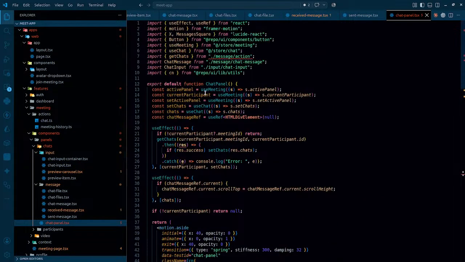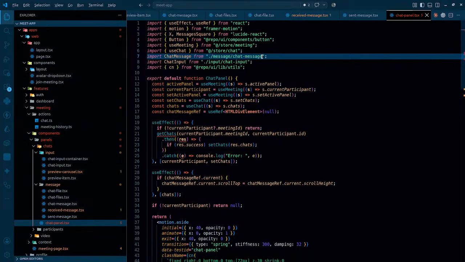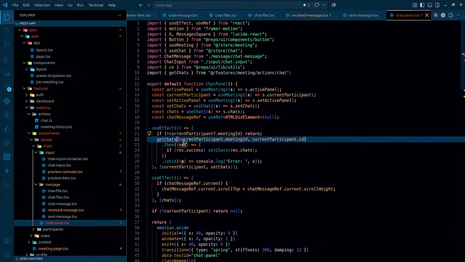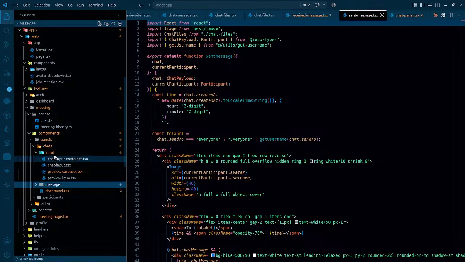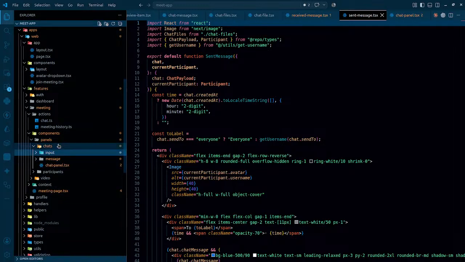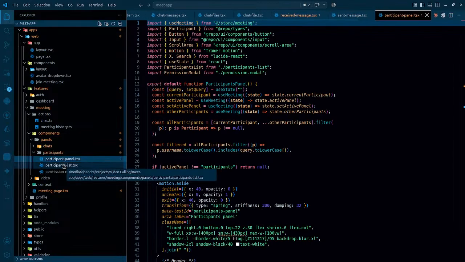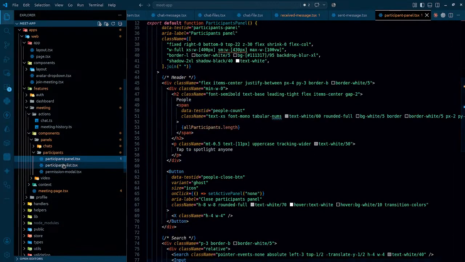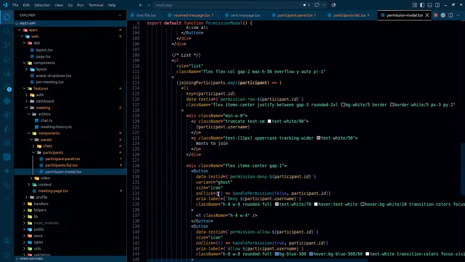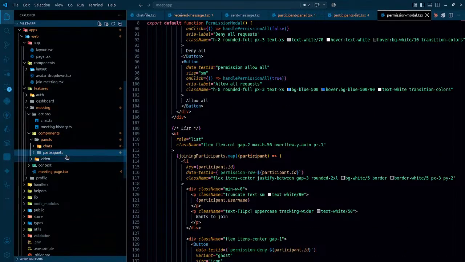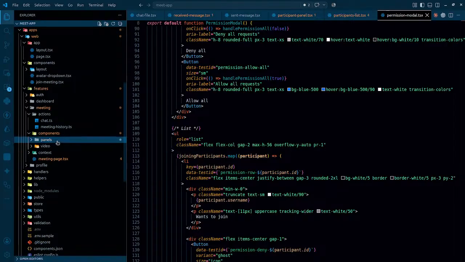Chat panel has that as well. So chat panel was in fact using that. That is fine. So let's get rid of it and get chats in here. So this particular section is done, this particular section is done, and this particular one. Let's go to participant. Participant panel is here, and list is here, and model is here. In fact, overall it doesn't really need much. The panel section is done. Let's go to the video